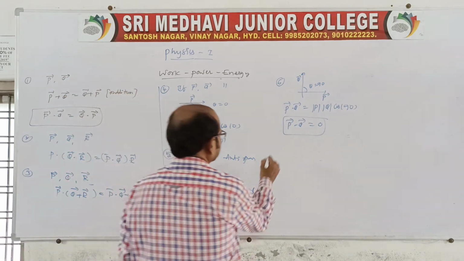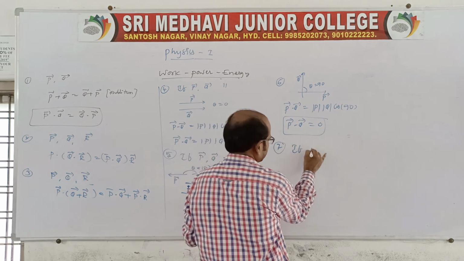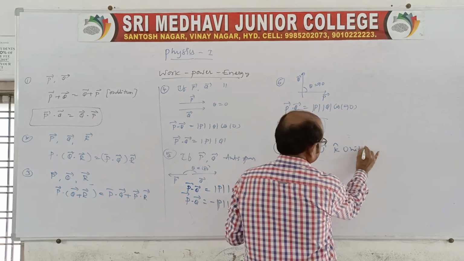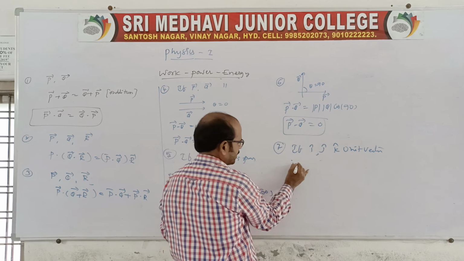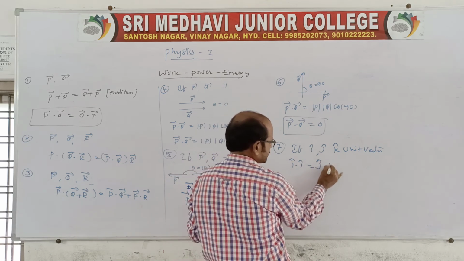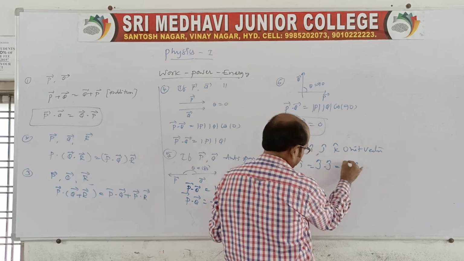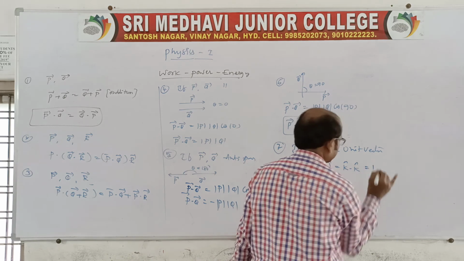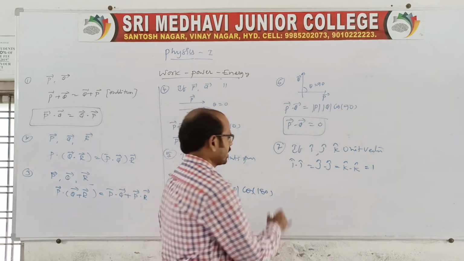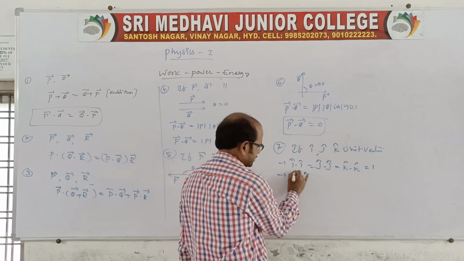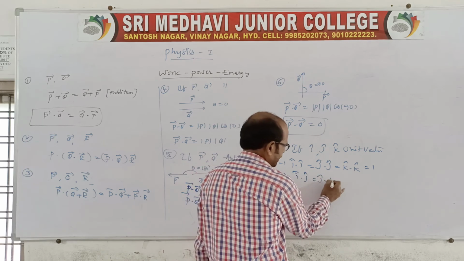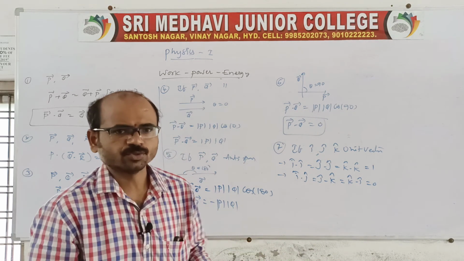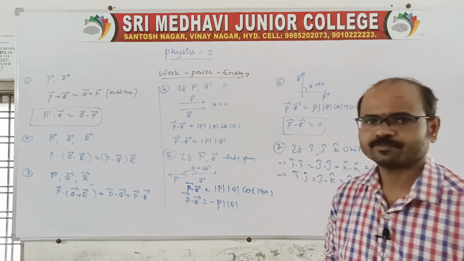And you go for the seventh property, that is if I, J, K are the three unit vectors. These are the unit vectors. See, if I take a multiplication, that is I dot I is equal to J dot J is equal to K dot K. You remember, here also we should multiply with I only, J only, K only. It is represented as 1. This is the multiplication. And coming to the opposite, suppose I take I dot J, J dot K and K dot I, it is equal to 0. That's why you don't multiply with opposites, because we'll get 0.